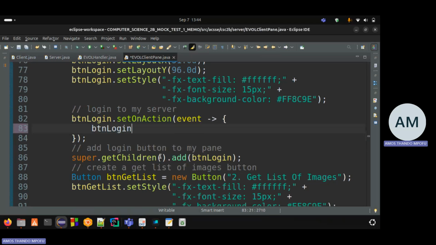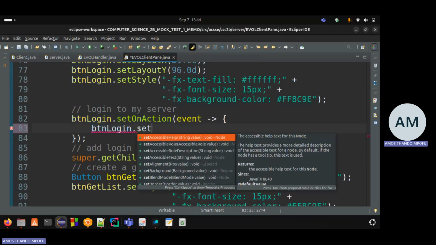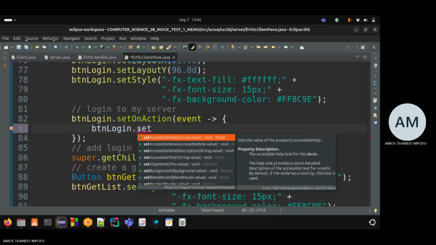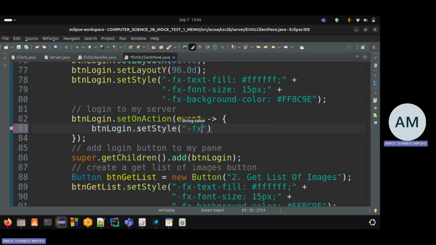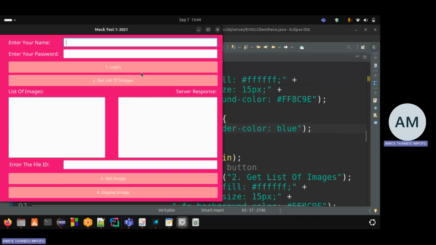So you say btnLogin. Within that code, when the button is clicked, I'm going to say dot setStyle. I think it's -fx-border-color, if I'm not mistaken. Yeah. So the border color I'll set to blue, right? When the button is clicked. And then let's run, and I think that's it. You see the border color should be set to blue,